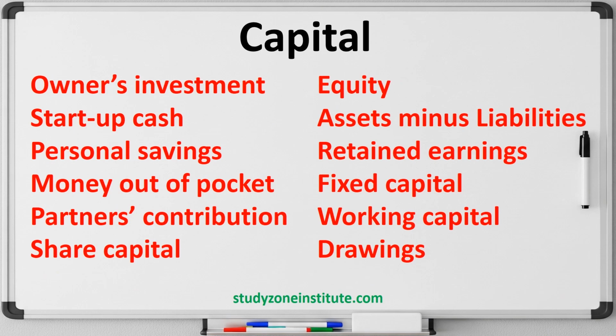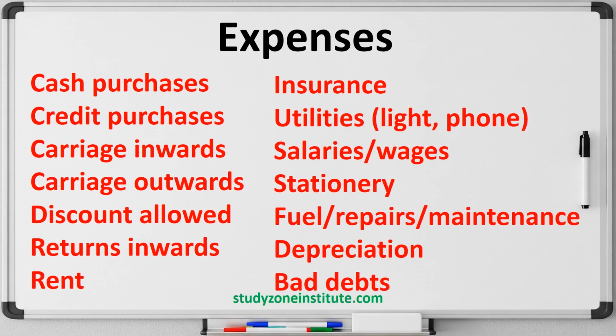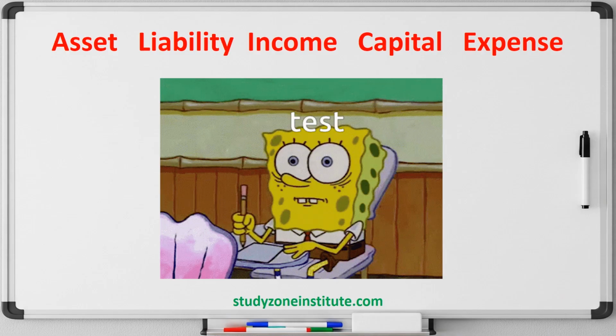Assets minus liabilities. Retained earnings. Fixed capital. Working capital. Drawings. Expenses. Cash purchases, credit purchases. Carriage inwards, carriage outwards. Discount allowed. Returns inwards. Rent. Insurance. Utilities, light, phone. Salaries. Wages. Stationery. Fuel, repairs, maintenance. Depreciation. Bad debts. Now that you've got the basics down, it's time to test yourself to see if you're ready